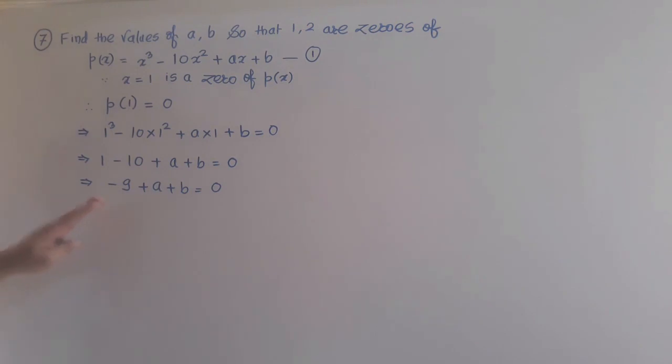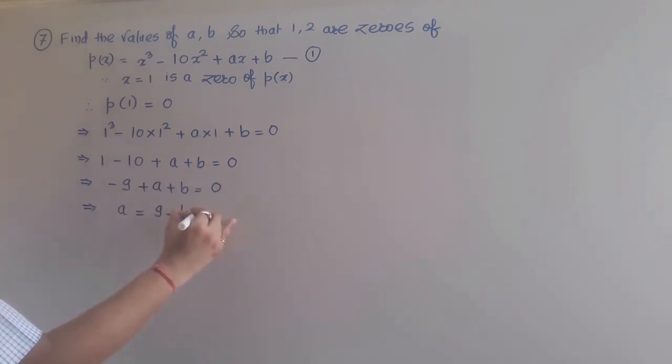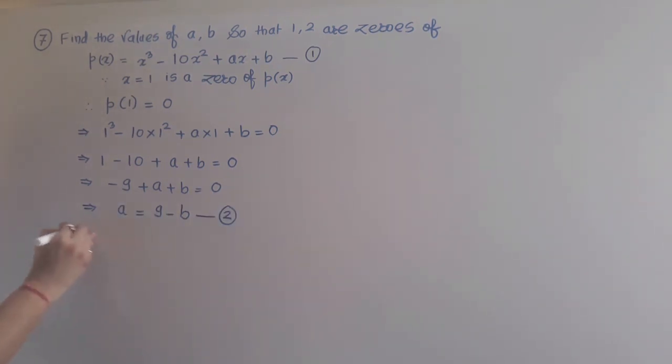Now see this equation we have obtained. In this equation we shall find out either the value of a in terms of b, or b in terms of a. So what I am doing here, the value of a I am finding in terms of b. Means I am keeping a as it is here, minus 9, and b I am sending onto that side. That will become 9 minus b, because minus 9 going onto that side becomes positive, and plus b going onto that side becomes negative. This is my second equation in the question. Write it down, we shall write further.